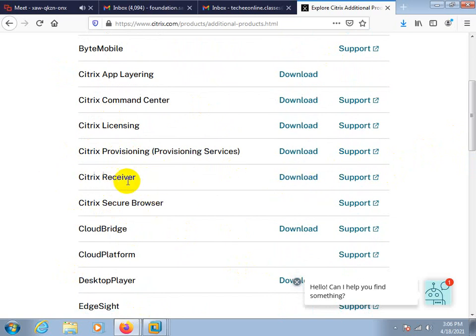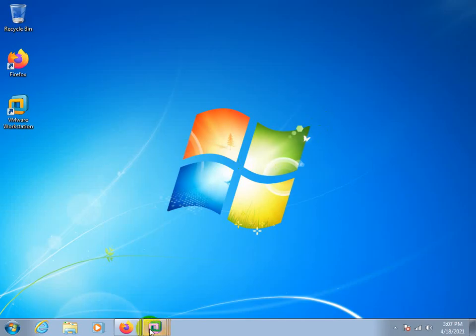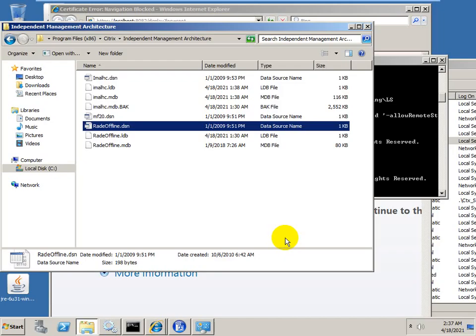But Citrix Receiver, at the time when it was in use, one more client was there: the Citrix online and offline client. So these are not in use right now, so no need to focus on that. But for the knowledge base, I will tell you.